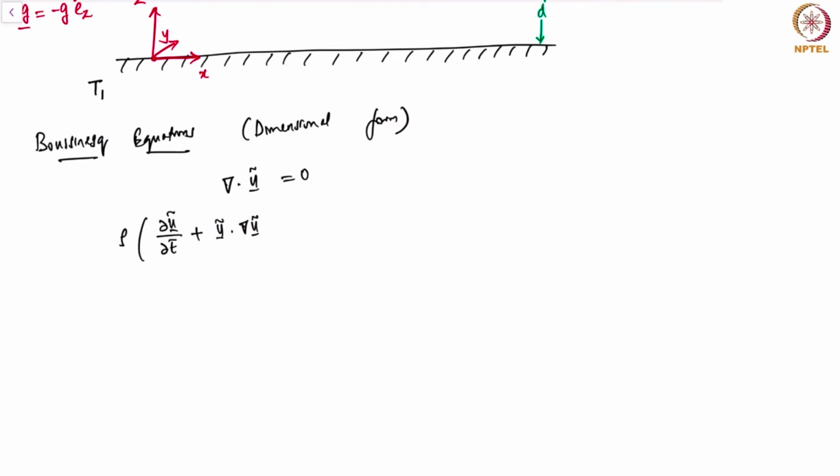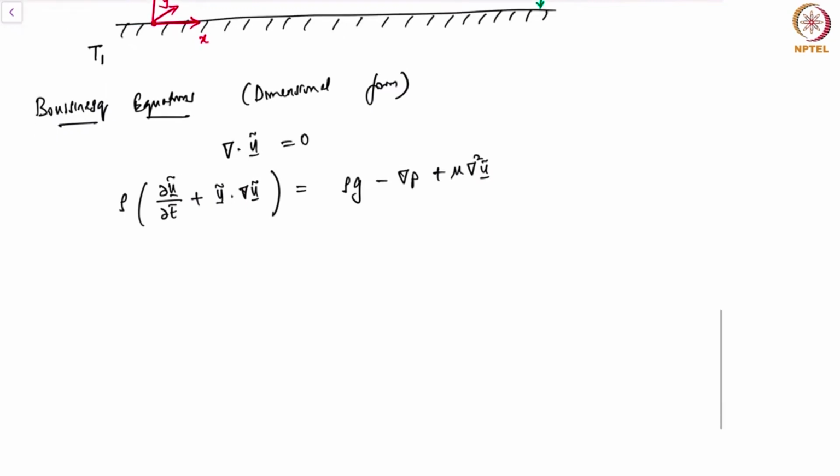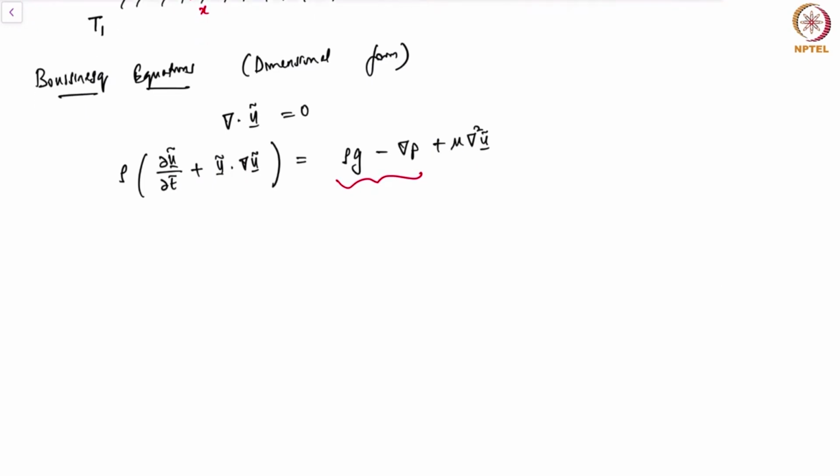Note that I'm putting a tilde because I want to say that these are dimensional variables. This would be something like rho g on the right hand side. Now we have the gravity term, minus grad P, plus mu del square u. This is what we have. Now if you notice this term here, rho g minus grad P, we can further write this as